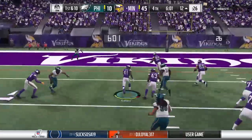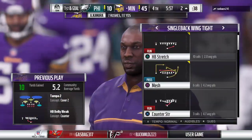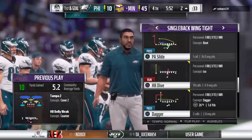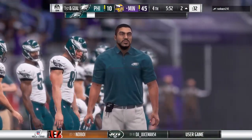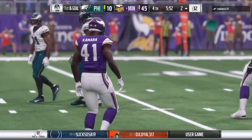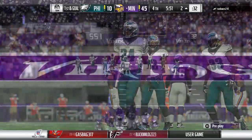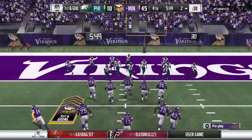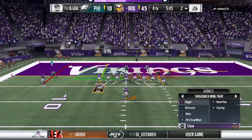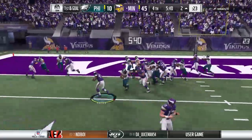Following the penalty, it's Kamara, taken down at the 2-yard line. 10 yards there to start the drive, and just enough by about the length of the football for a first down. When a coaching staff sees their team run the ball this successfully in the 4th quarter, they're really excited, because you can plan for a running game all you want and want to press that advantage when you get it. But for the most part, it's a little bit of a surprise. And right now, they've got to keep that going, want to continue to grind out the clock because it's definitely in their favor at this stage of the game. Can they close the game out and continue to do exactly what we just...